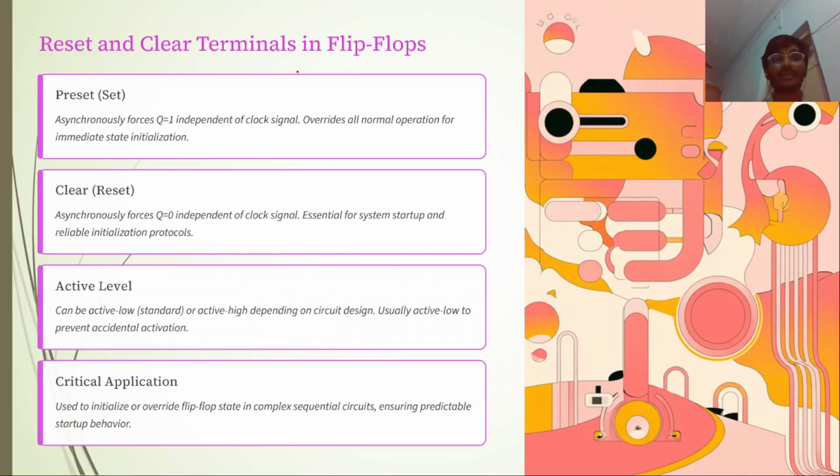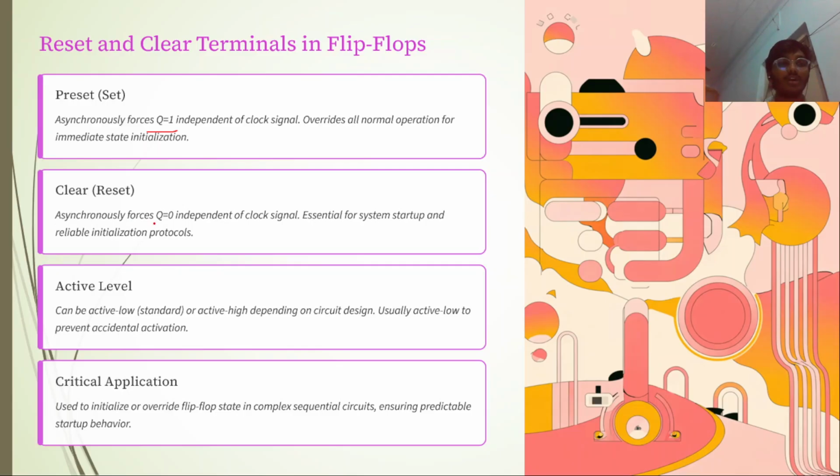Reset and clear terminals in flip-flops. Preset and clear are the two terminals mainly present in a flip-flop. Preset, or set, asynchronously forces Q equal to 1 independent of clock signals, overriding all normal operations for immediate state initialization. When Q is to be 1 and the flip-flop doesn't depend on the clock signal, then preset is used. Clear or reset,